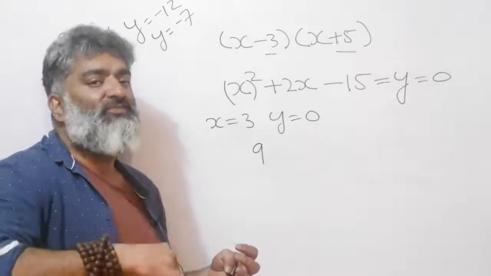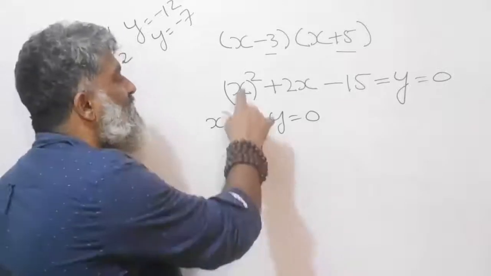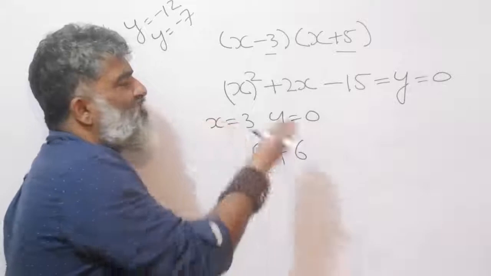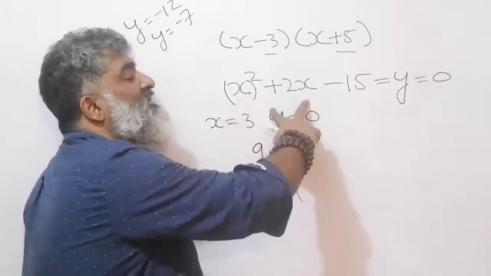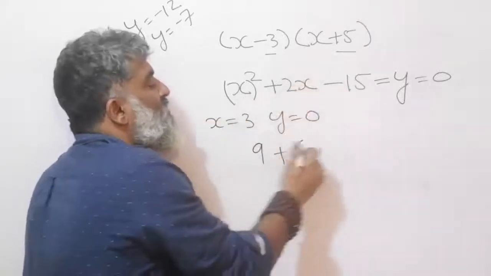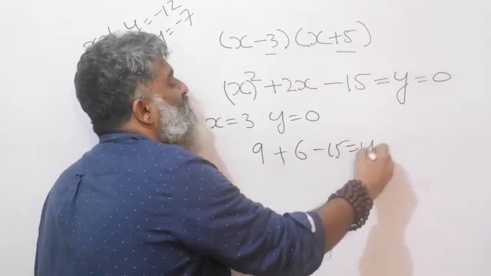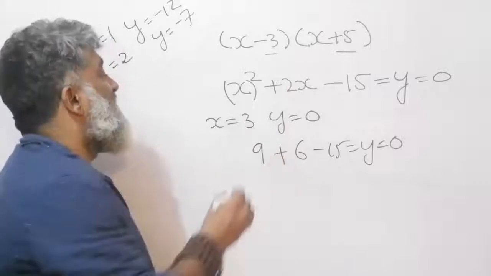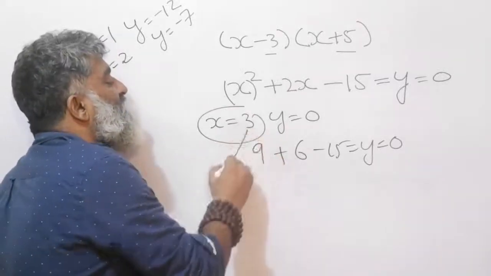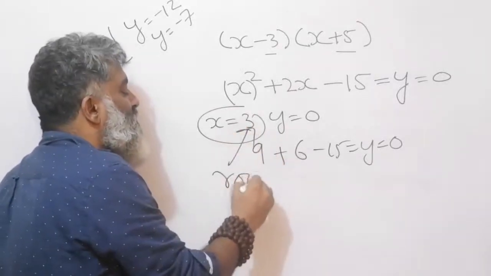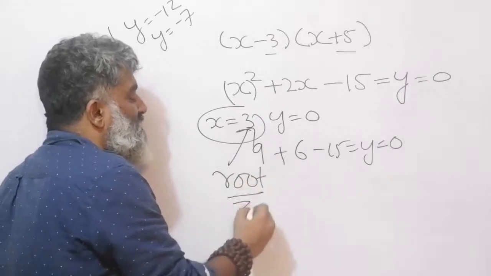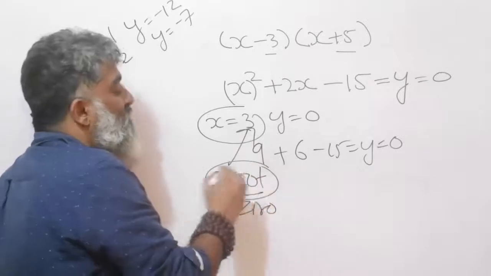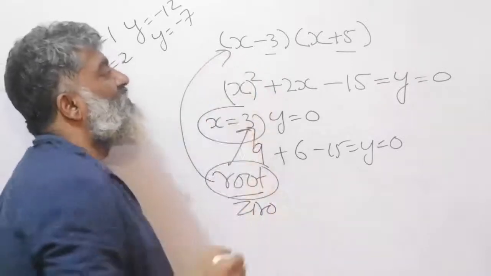In school, we got marks for steps, right? Now we just want answers. So learn to write this faster and faster. 2 into 3 is going to be 6. And eventually this can be done only 9 plus 6, 15, minus 15, 0, right? And minus 15 is equal to y, and I know this is equal to 0. So this x is equal to 3, or 3 is the root or the 0 point of the equation. We'll more formally call it root only. So this is the root of this equation.